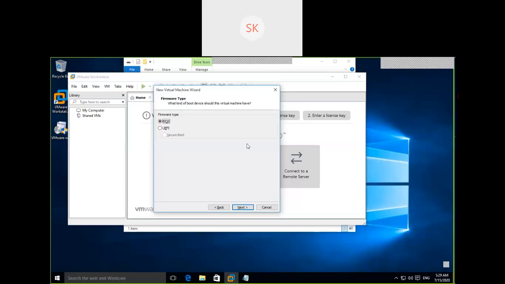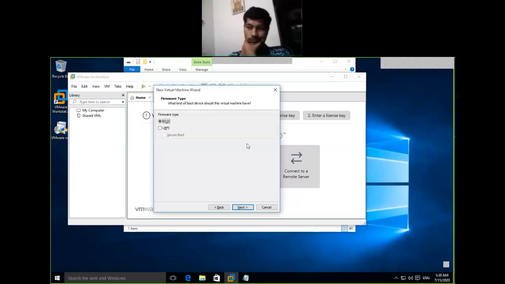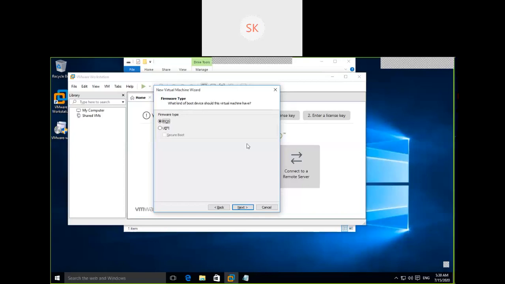That we call the POST, power-on self test. Whatever devices are connected to the motherboard, it allows you to power on and reset. As soon as you press the button on your system, it sends the signal to BIOS, which initiates all the components, detects the display driver and monitor, and prompts you with whatever is detected on your system. There are 2 types of model: one is BIOS, one is UEFI. These are programs available on the motherboard. We'll go with the default option. Proceed next.